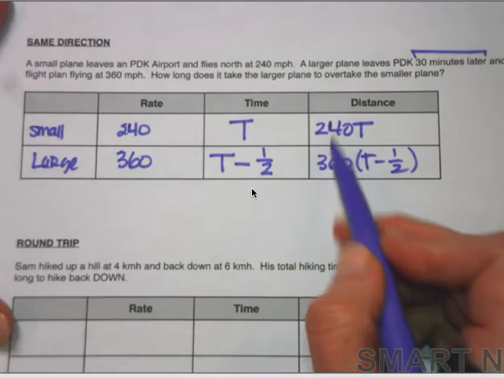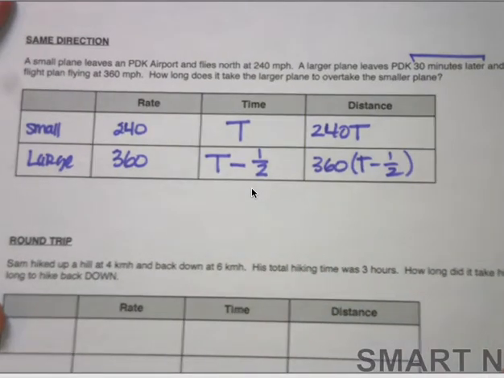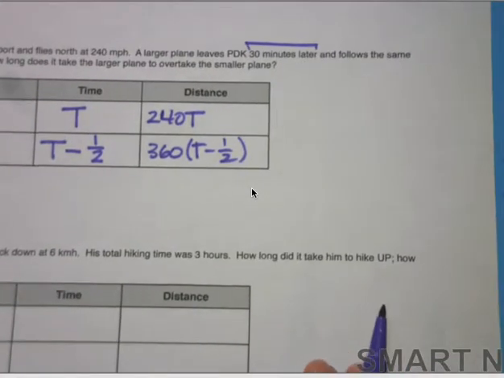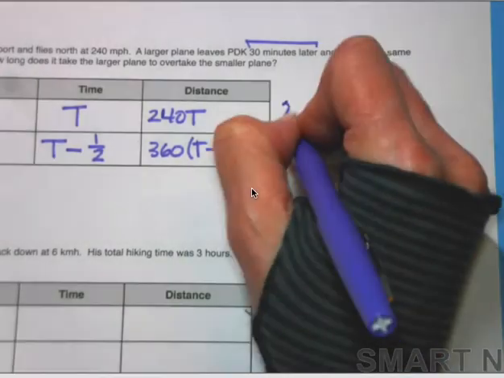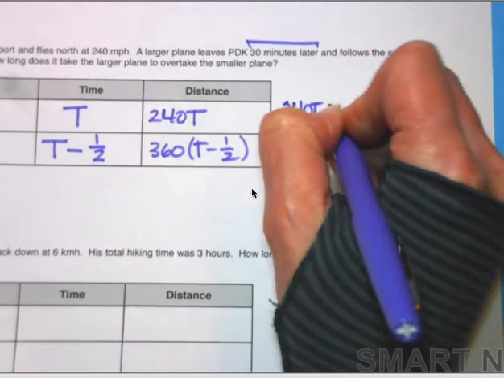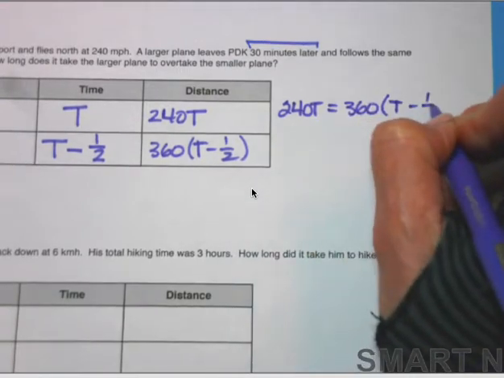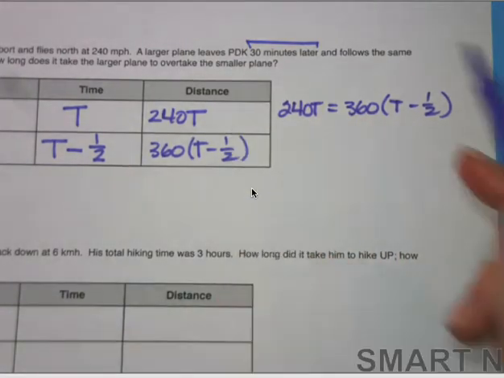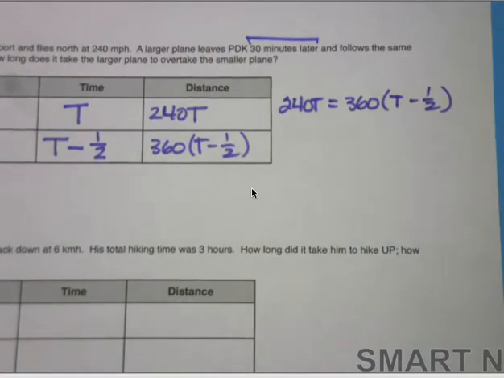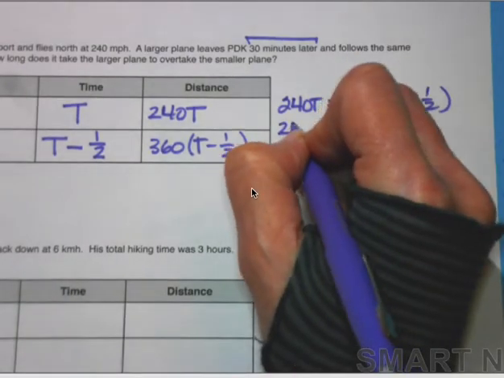So I'm going to take the 2 expressions in my final column and set those 2 expressions equal to each other. So the rate times time of slow equals the rate times time of fast. And since they're both covering the same distance, that allows me to set those two expressions equal to each other. Now solving this,